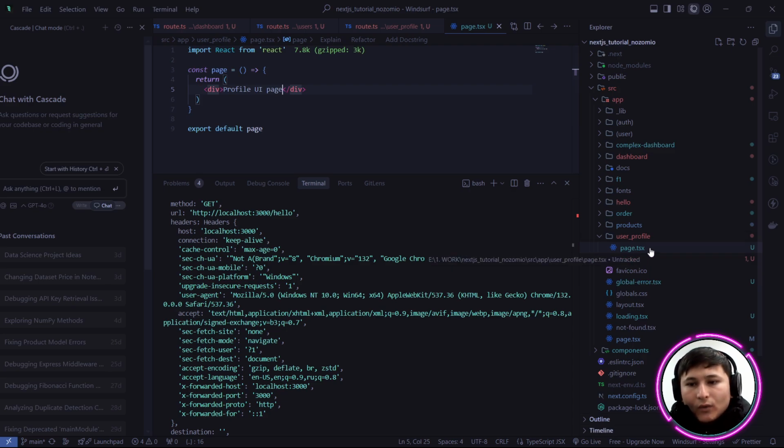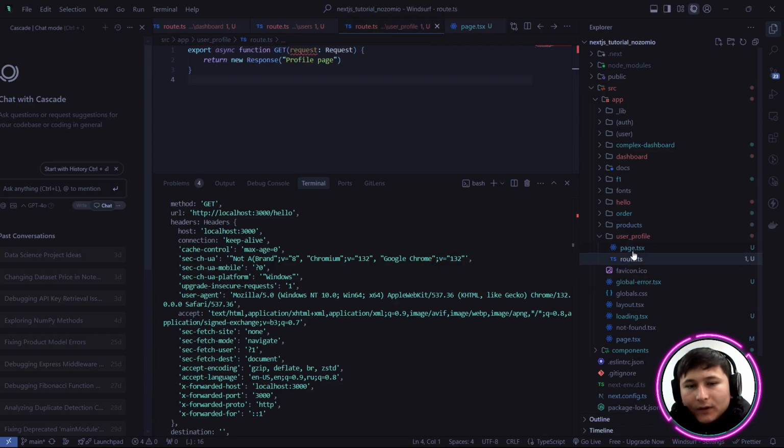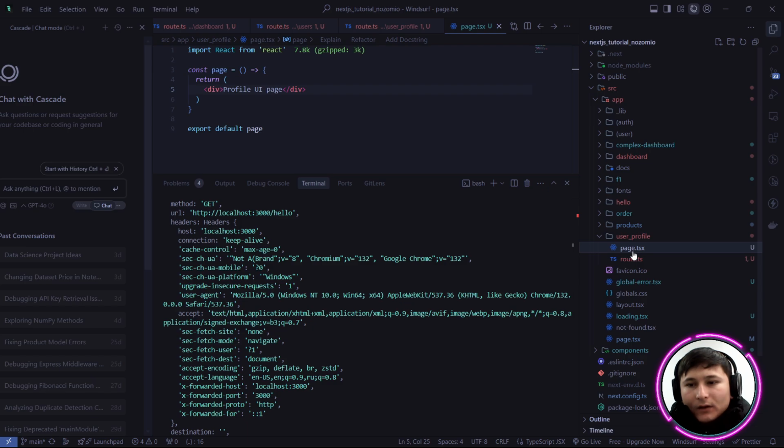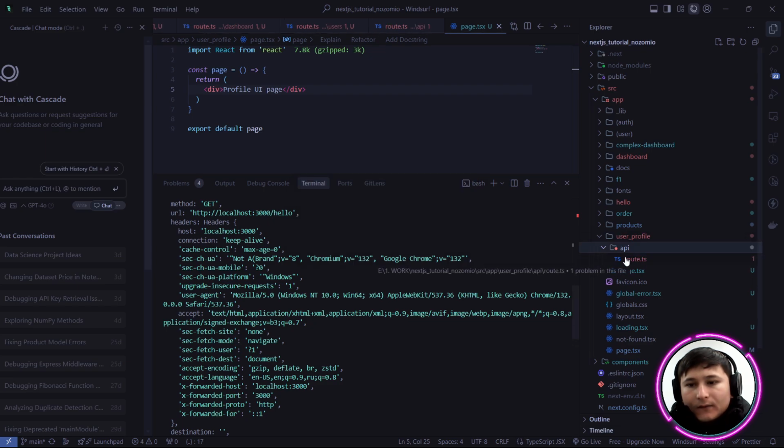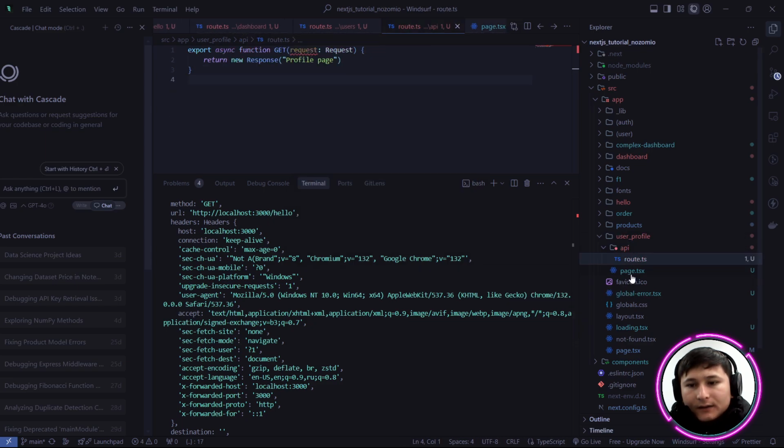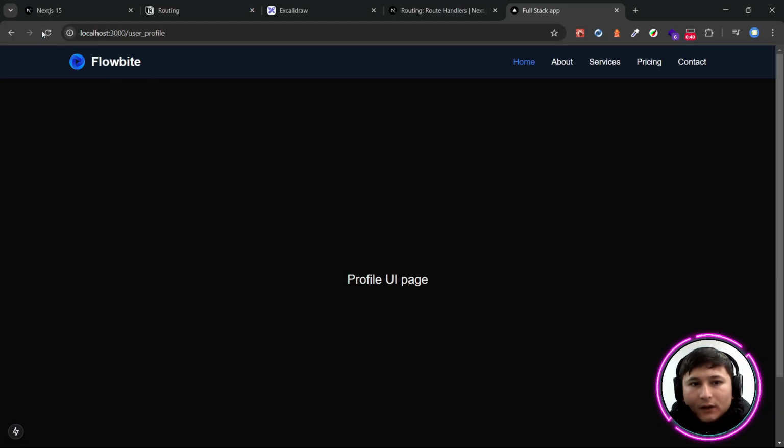the page UI or the route handler, right? Which one is better for you? But we also highly recommend creating it inside the API folder as well, right? And in the API folder, the path has route.ts because it's specific for the route of that page. Okay, if I go and refresh the page, you can see the profile UI is appearing on